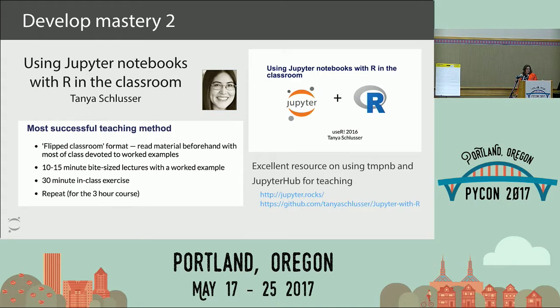Some of the benefits are that the libraries and data sets can be preloaded when you're using JupyterHub or TempNB. You can have simple questions that students answer quickly within the class, and students can actually help each other. So you make it a more collaborative learning experience. So I highly recommend that.